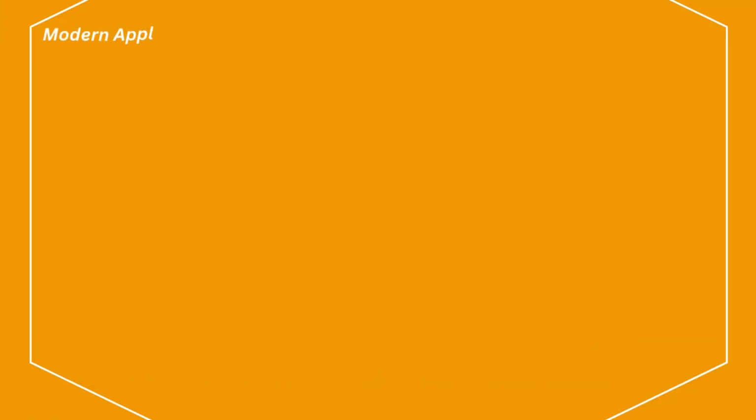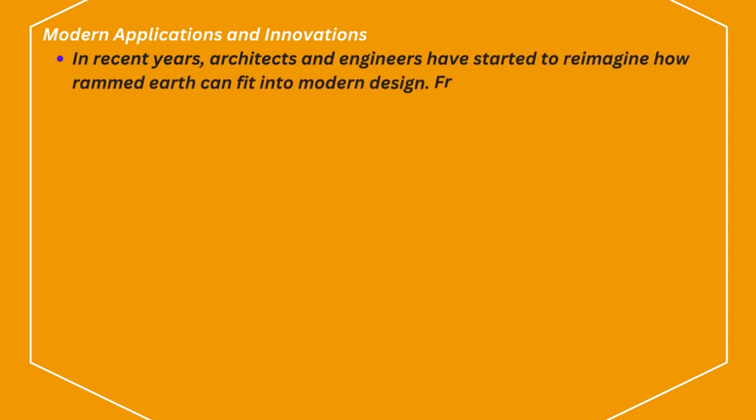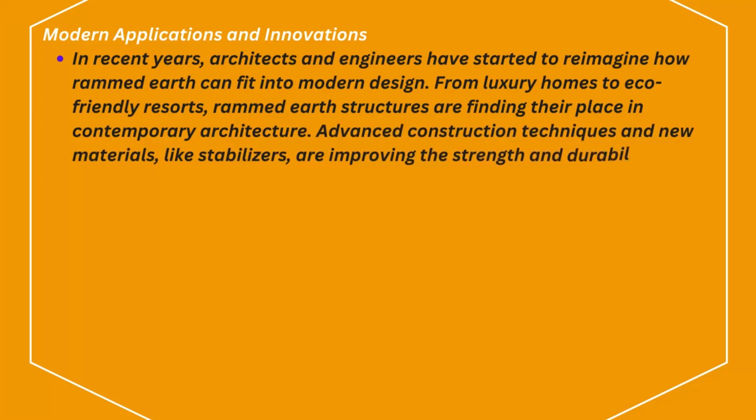Modern applications and innovations. In recent years, architects and engineers have started to reimagine how rammed earth can fit into modern design. From luxury homes to eco-friendly resorts, rammed earth structures are finding their place in contemporary architecture. Advanced construction techniques and new materials, like stabilizers, are improving the strength and durability of these buildings while maintaining their